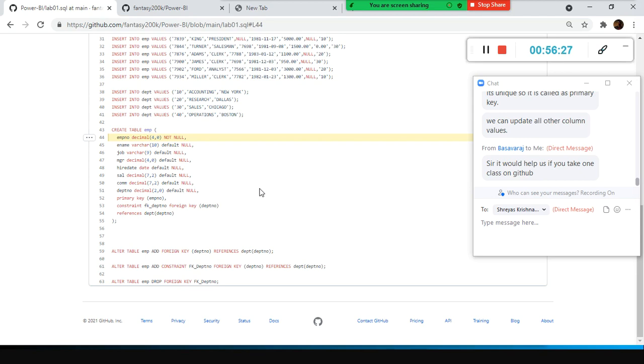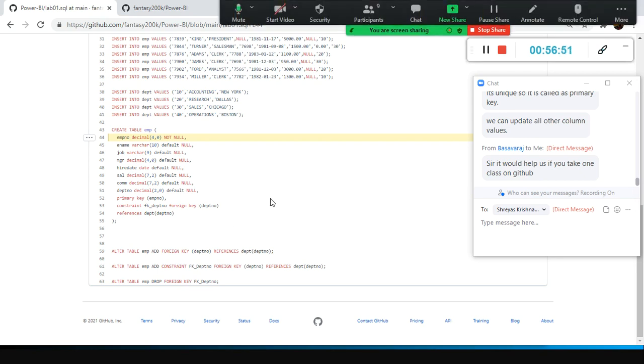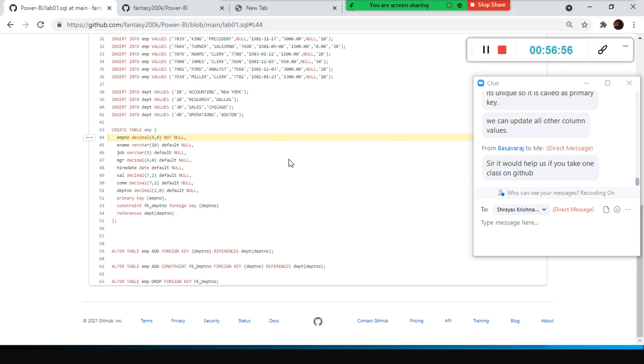SSIS is for loading the data, cleaning the data, right? So in that case, the scheduling part also comes into the picture. How did you schedule it? At the beginning of the session, Mohan was asking about the gateway being installed, right? That's what he said. The gateway is for data refresh, incremental refresh, and we also have full table refresh, likewise.